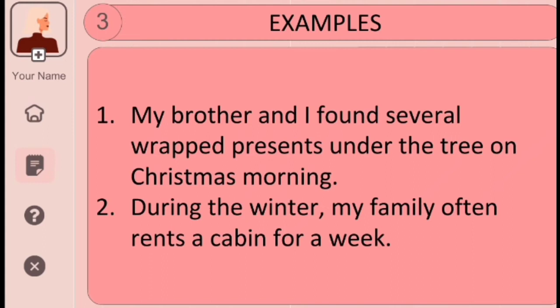Now, I have two examples here. First, my brother and I found several wrapped presents under the tree on Christmas morning. First, we start by looking for prepositional phrases in the sentence. First is the phrase under the tree, and another one is the phrase on Christmas morning. Now that we already found the prepositional phrases in the sentence,